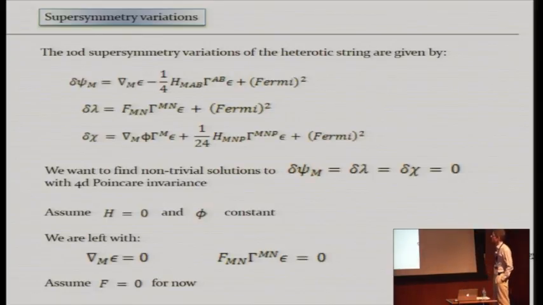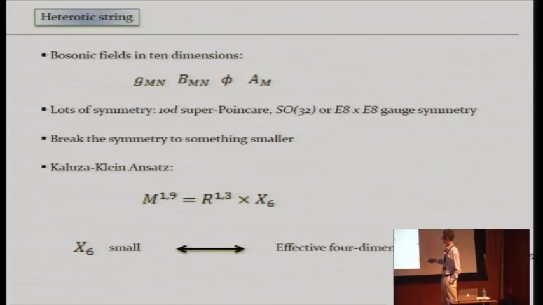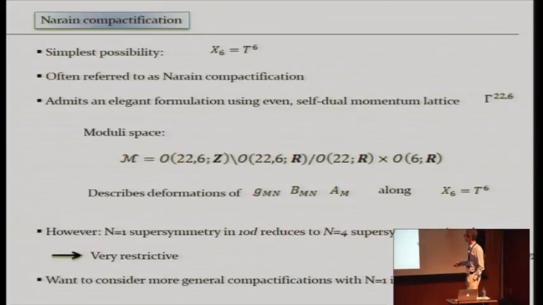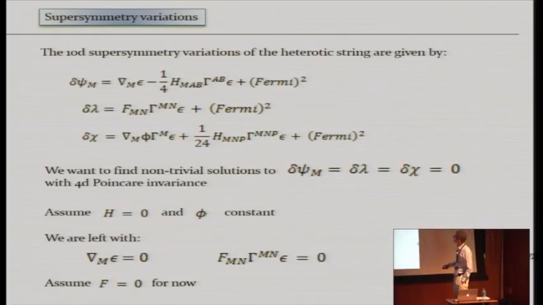Okay. Now we're going to make some further simplifications. We want to assume that this tensor field H vanishes, and similarly that phi is constant. There's a slightly more general story. When H is non-constant, it turns out that this particular ansatz is not sufficiently general to deal with that situation. It leads to the study of warped compactifications. It's significantly more complicated, so I'm not going to go into it here. We're just going to describe the classic story. So the classic story is that H vanishes and phi is constant.